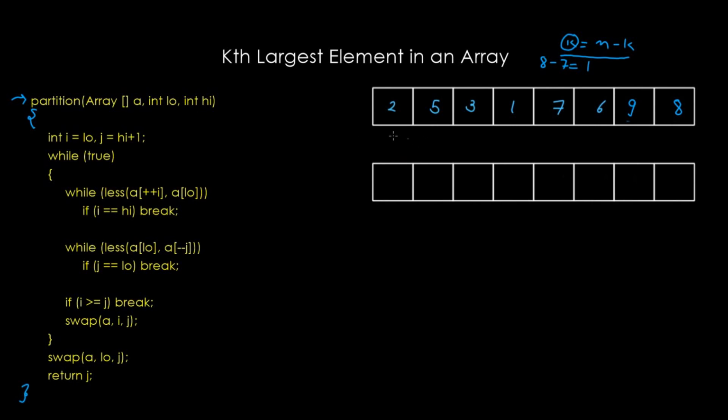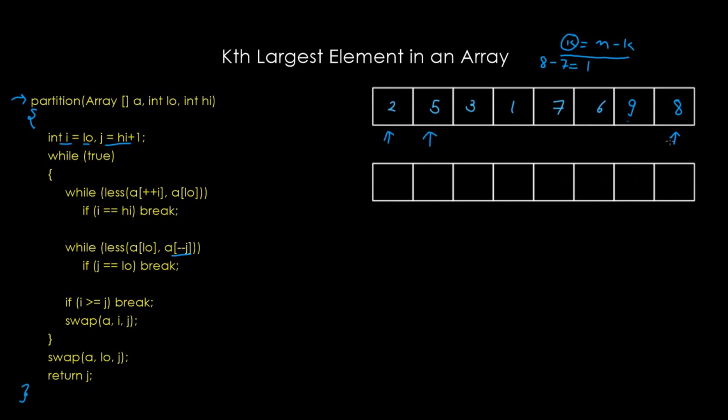So this algorithm starts by choosing one element as the pivot, and we start by choosing this element as the pivot. Now we have an integer i which is initially at low, that is at this point, but during this iteration its value is increased by 1. So I'll start by making i point to this location and j is pointing to this location. Although initially this also points outside the array, at the first iteration it will come down to point at this element. Now the idea is very simple. We start by increasing the value of i until we find an element which is greater than our pivot element. Here we can see that the first element is 5, which is indeed greater than our pivot element.